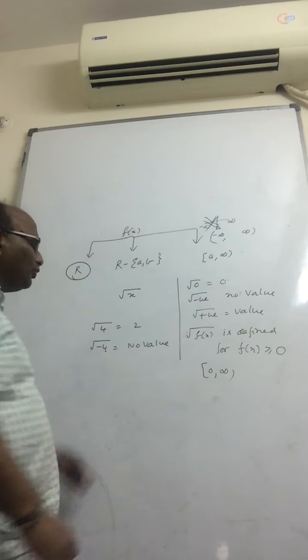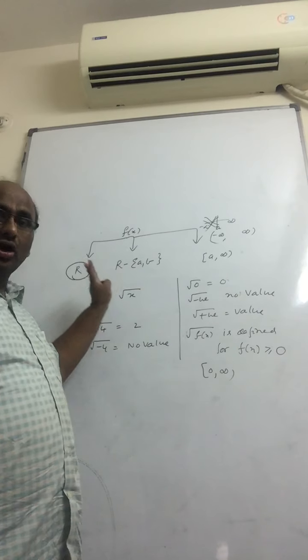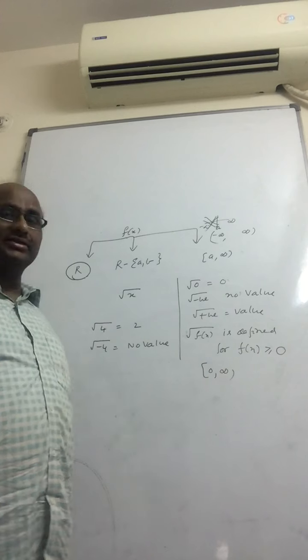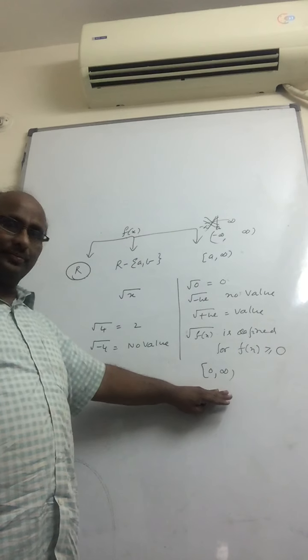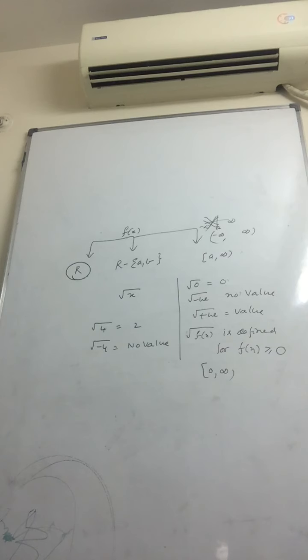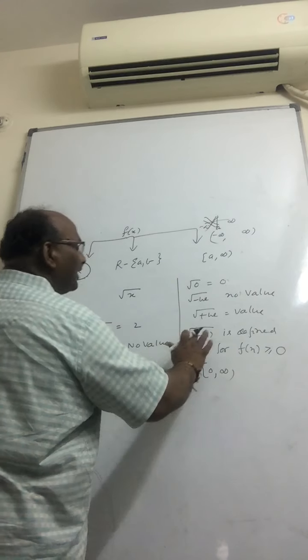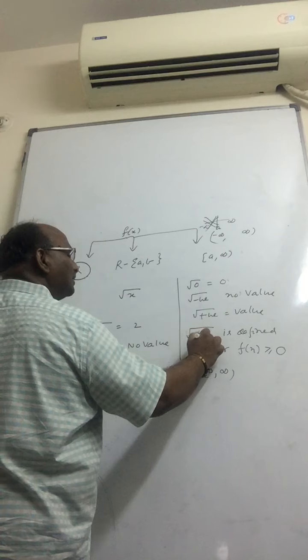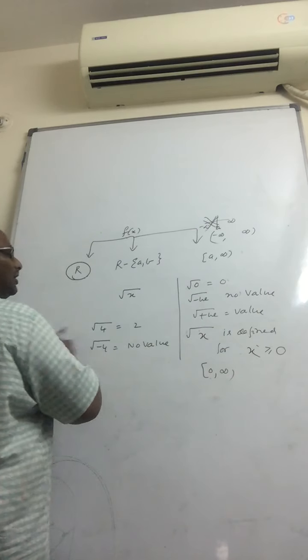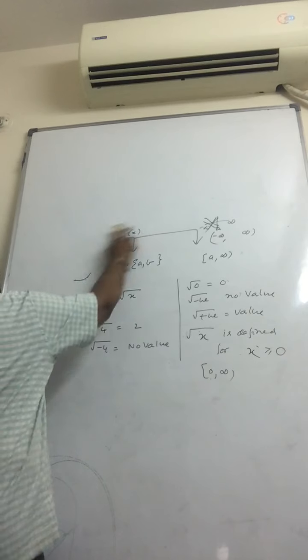That means here not a few values of x are removed. A lot of values are removed. Actually, from minus infinity to infinity, I consider only part of the interval. Right? Here in fact, let me write x greater than or equal to 0. For this function, the domain is this, not for all x.